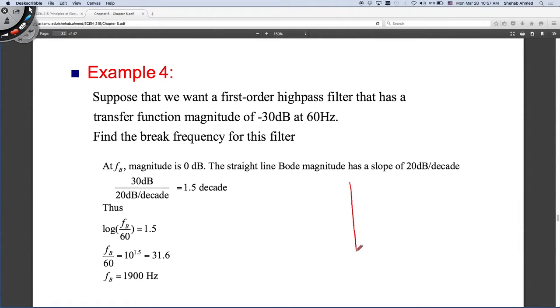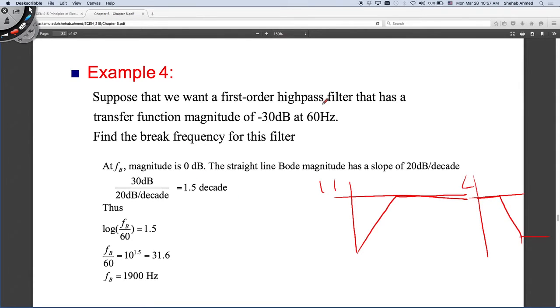We know that the magnitude plot of a high pass filter looks like this, right? And the phase plot of the high pass filter will look something like this. This is the magnitude plot. This will be the phase plot. Without numbers, right? You can go back and look at the numbers, but